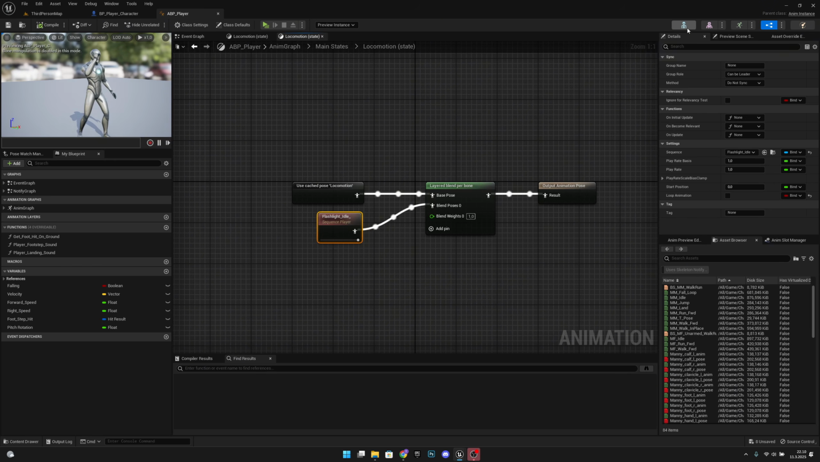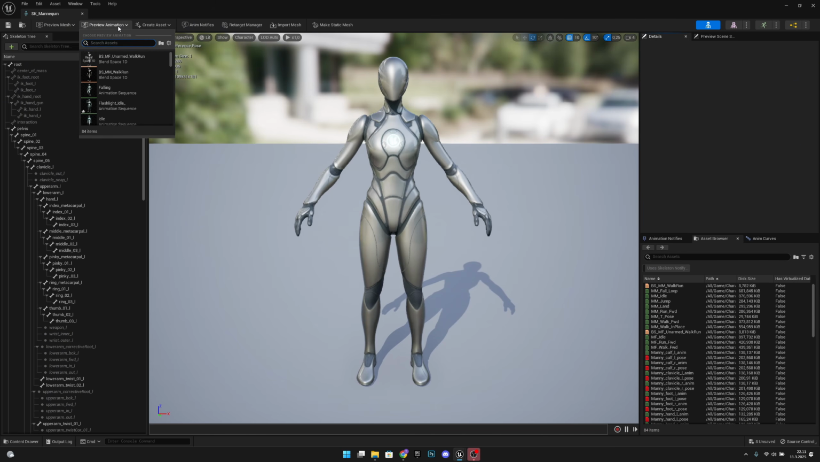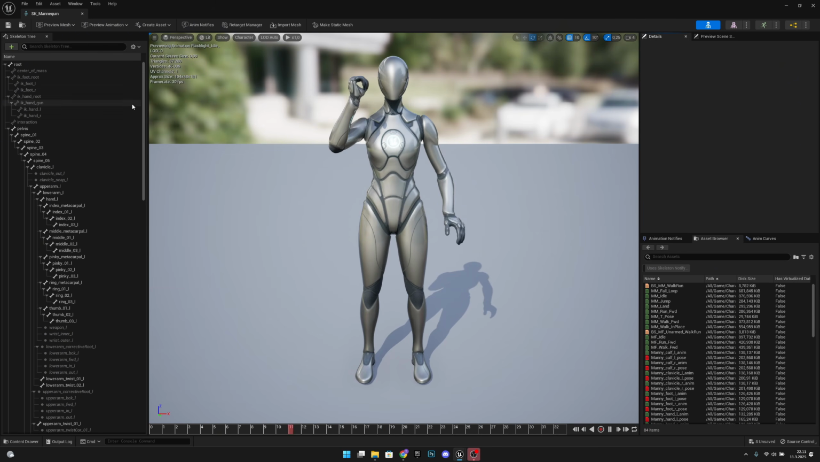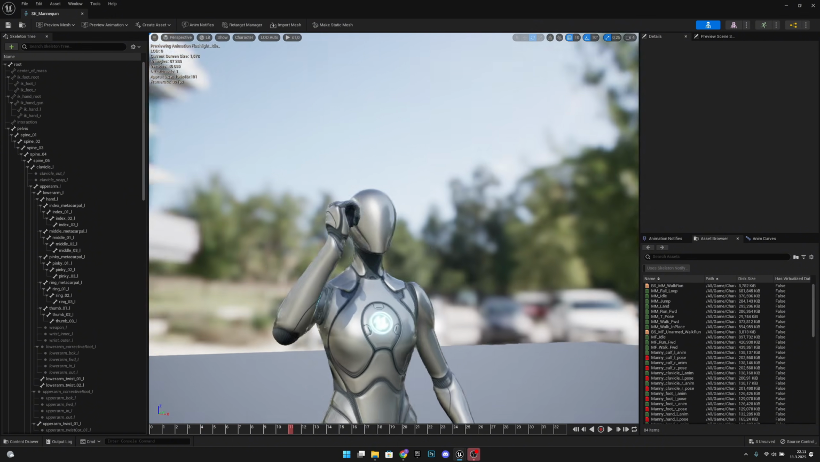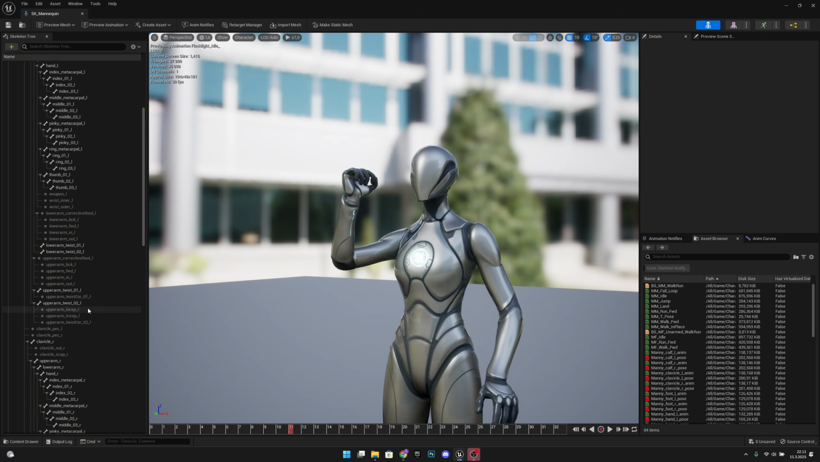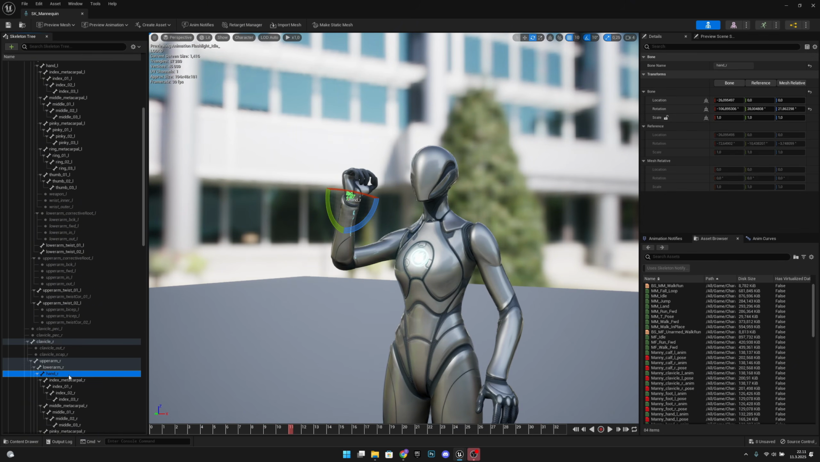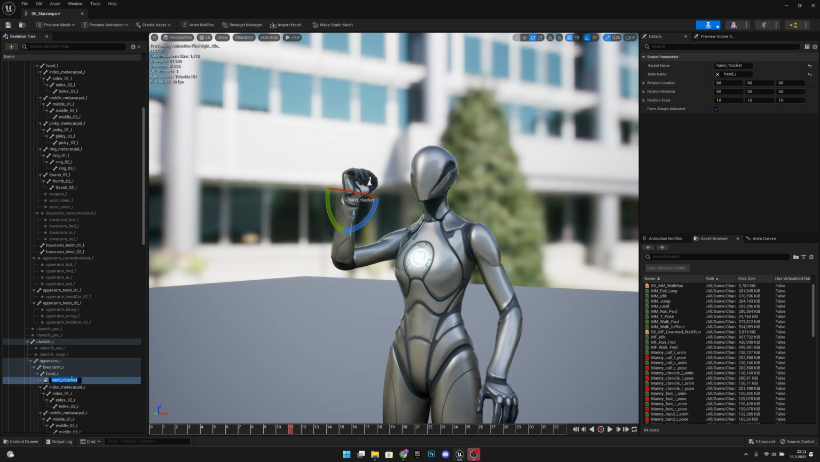Let's save. Let's click on this skeleton. Now we are on our SK mannequin skeleton. Let's preview animation and get the flashlight idle. Okay, let's click from here to stop it. And now let's scroll down until we find our hand R. Let's right click and create a socket. Let's call it